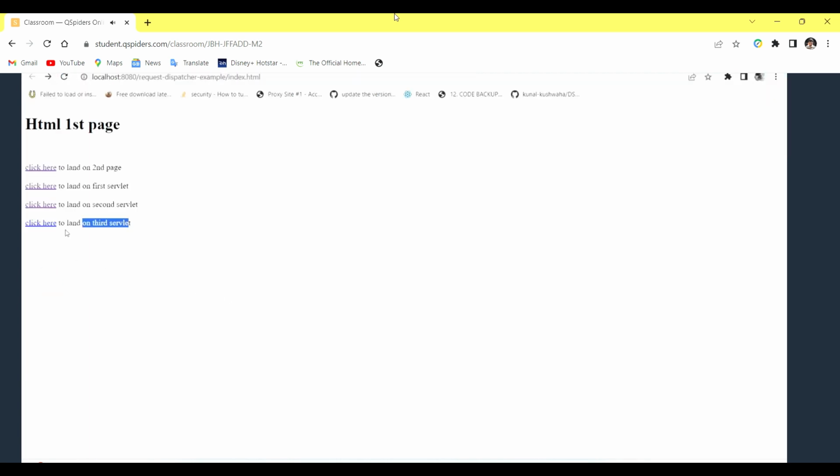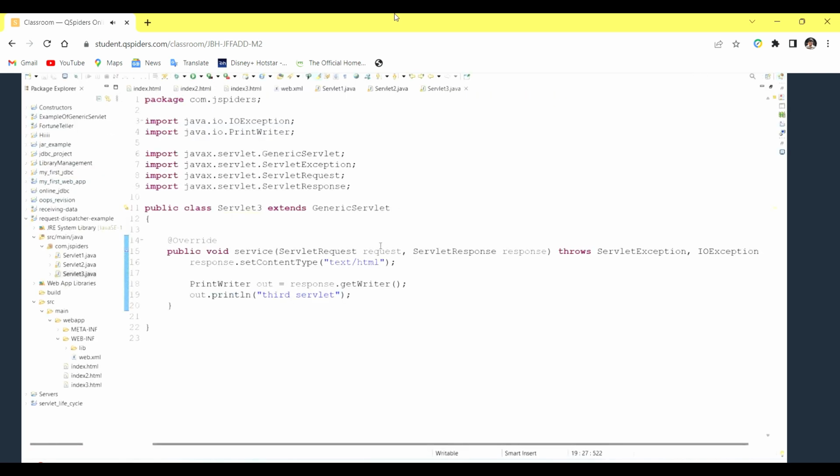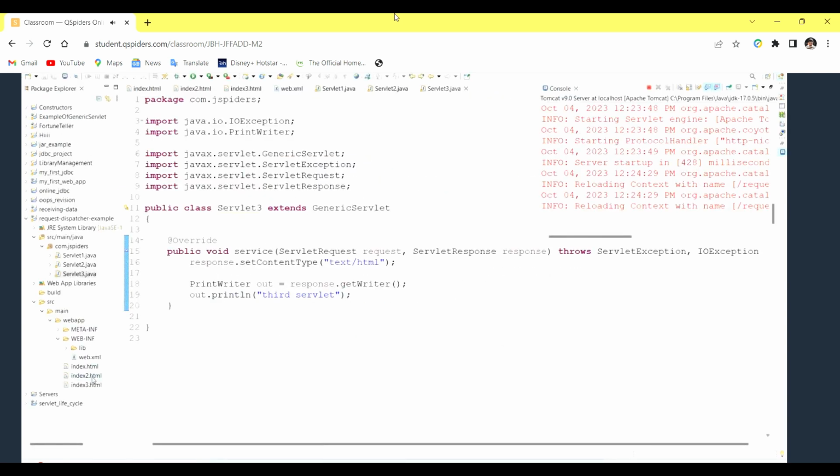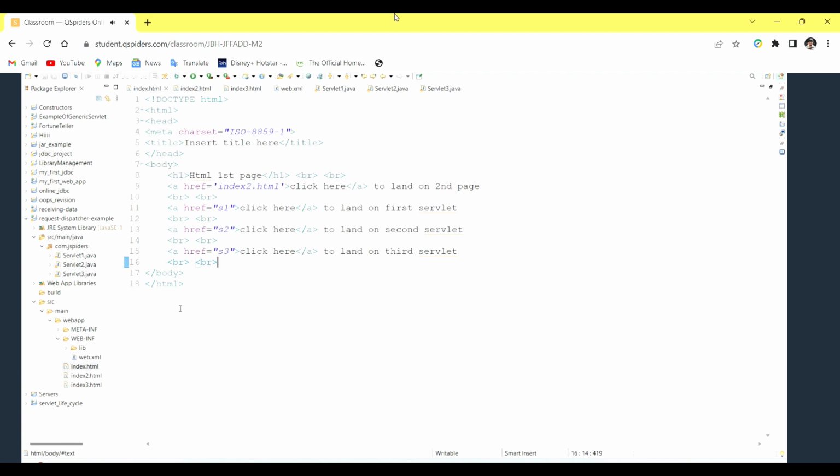Okay, when user clicks on servlet 3, it is showing the second servlet only. Let's see, it should reload. Yeah, reloaded. Now if you click here, it is showing third servlet. Based on the URL,